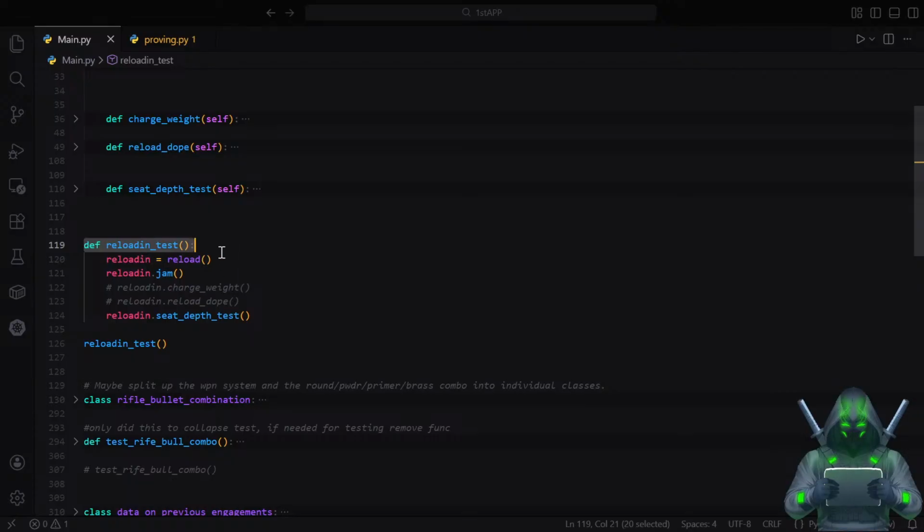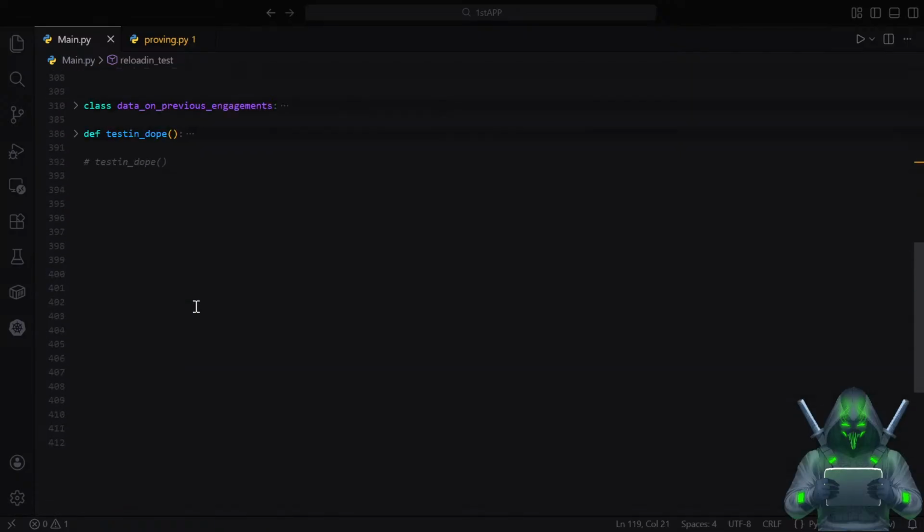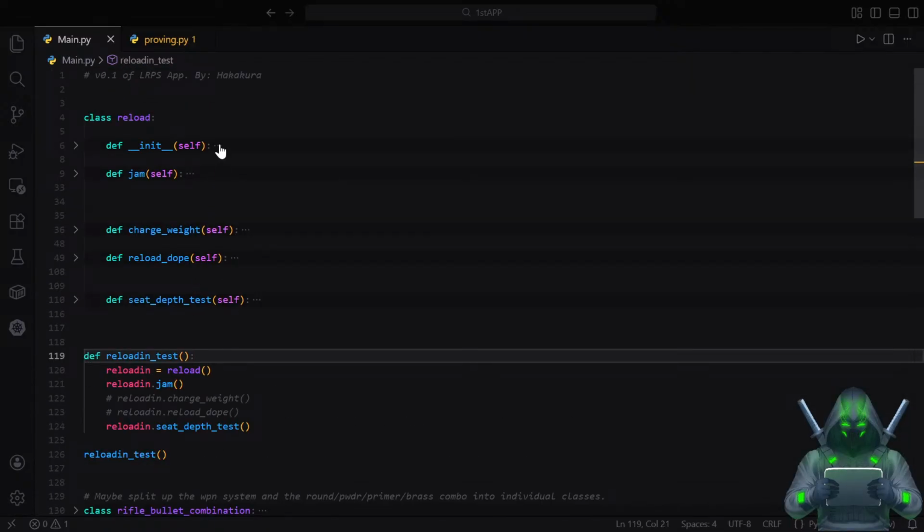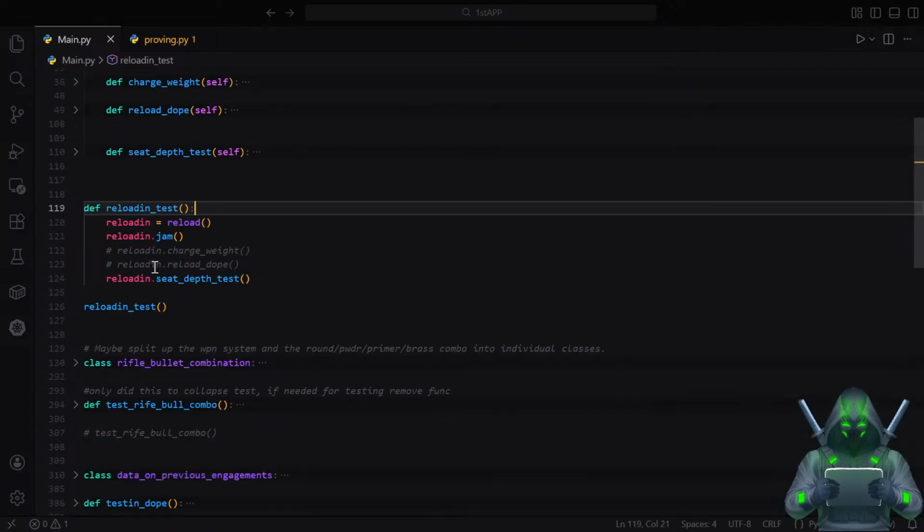Maybe I ought to do that. Maybe I ought to make a function that would just go through the entire program. Because, like, where I'm at right now,